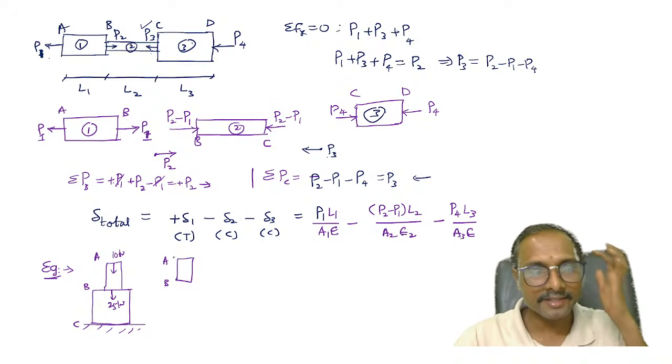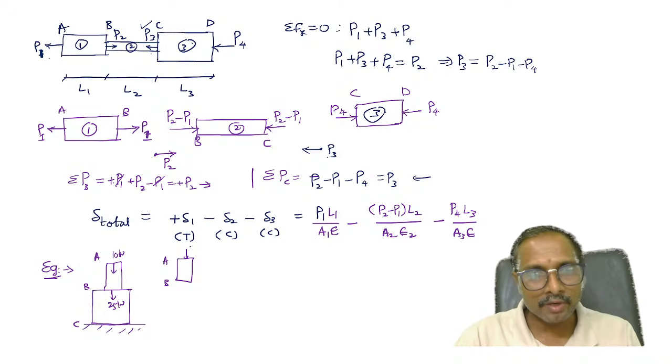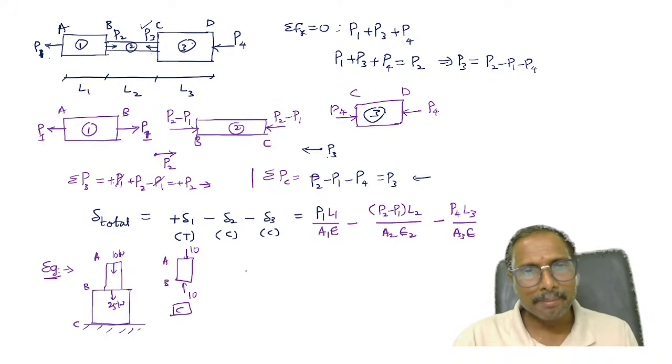Why compression? Because at A, there is a downward 10. So to balance the equilibrium of this member, an upward 10 acts, so it is compression, right? This is compressive in nature, right? Next, BC. If you are taking that BC portion,